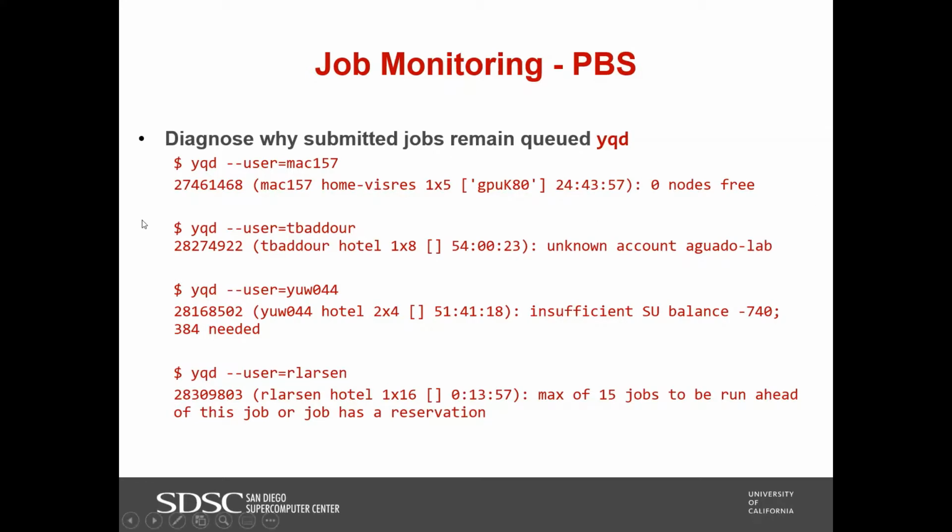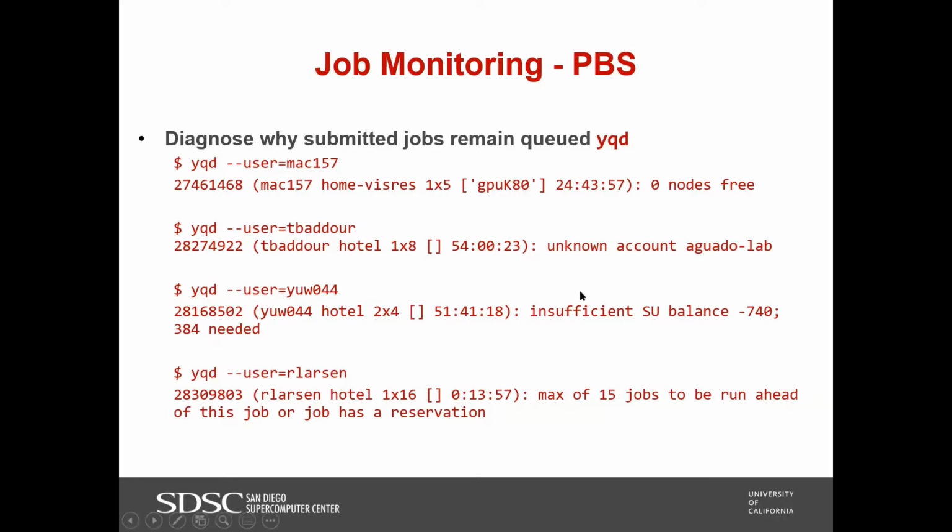So here is how. We use the YQD command and then add the username, and when your job is in the queue, you will find several outputs from the YQD command, which are very easy to understand. For example, the first example I list here is 0 nodes free: all nodes are running other jobs, so there are no nodes available for your job.